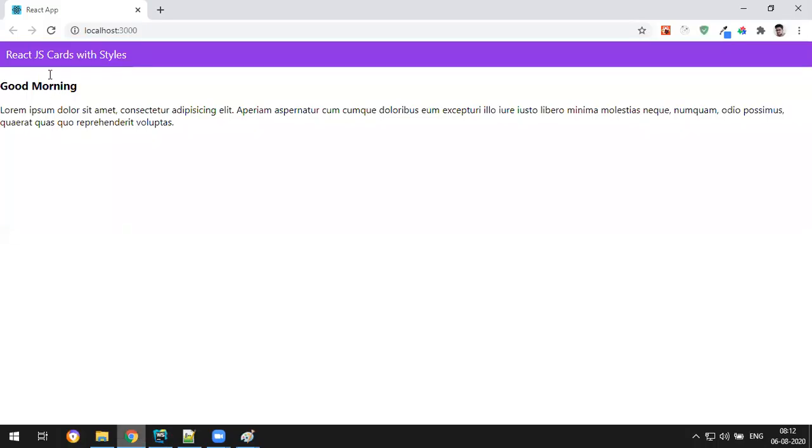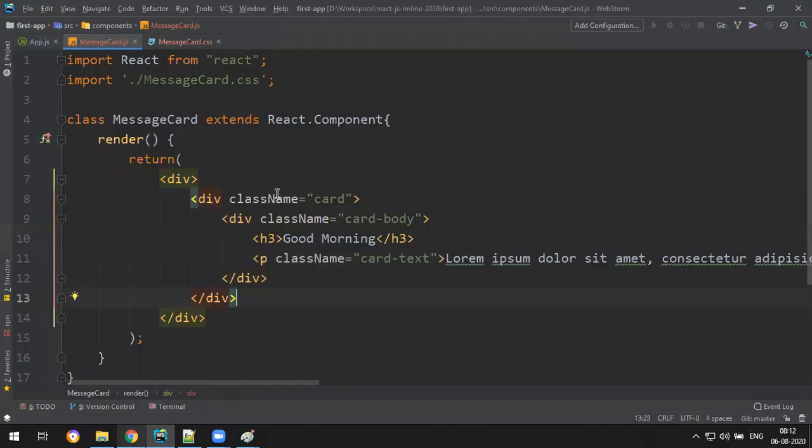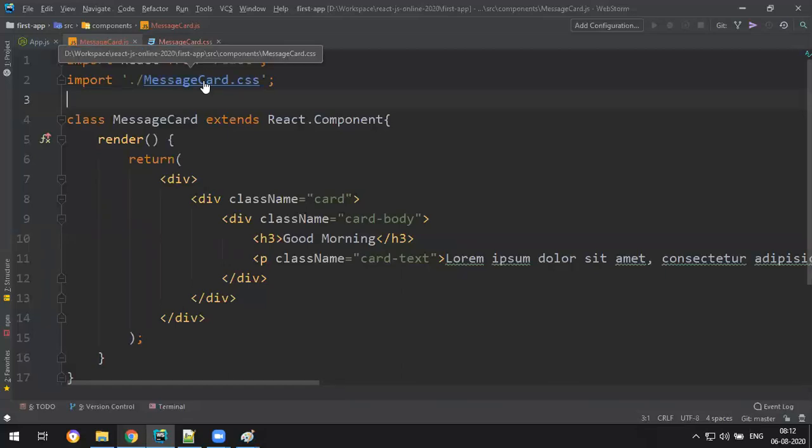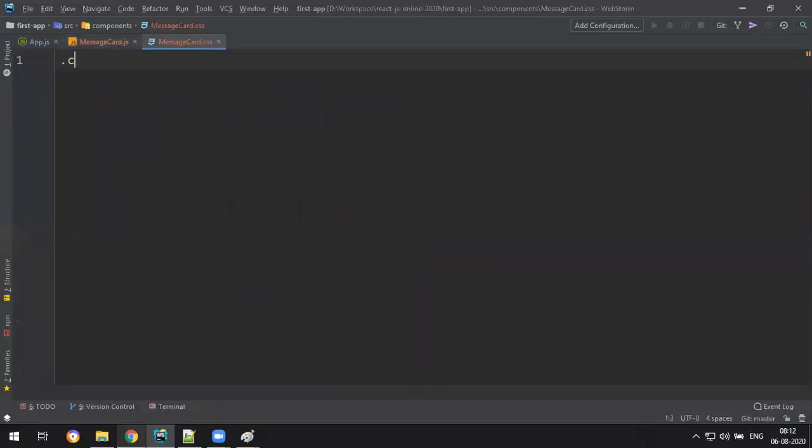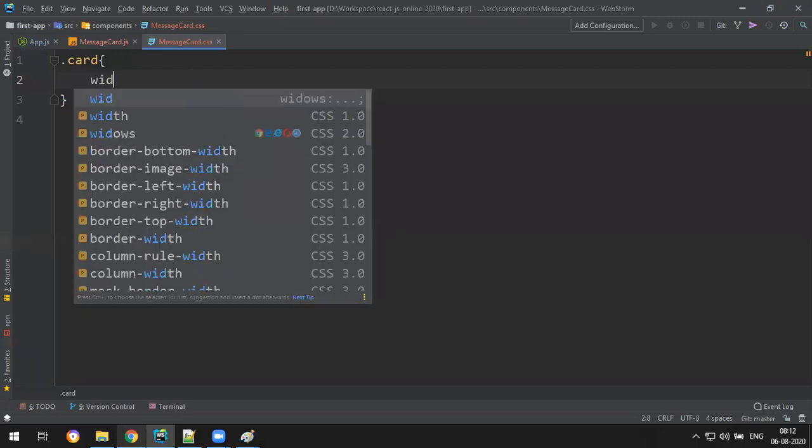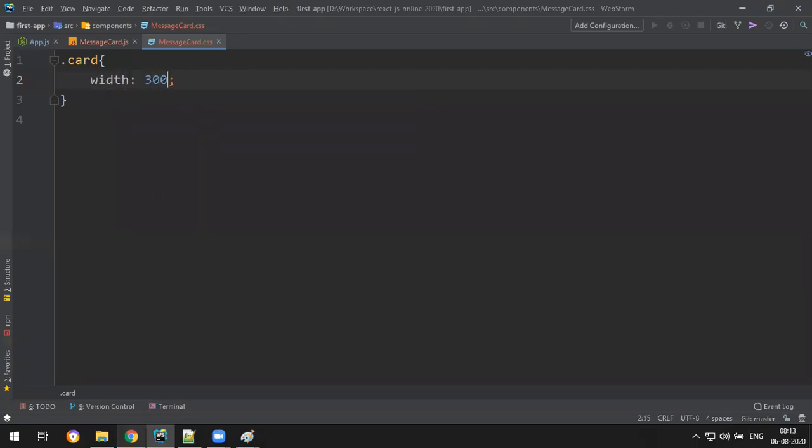Let me write styles also for this. Styles means we already connected the style sheet, message card.css. So inside what I do is dot card. Let's say width 300 pixels.